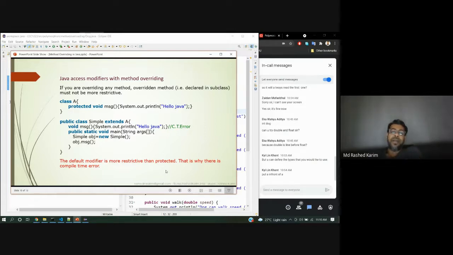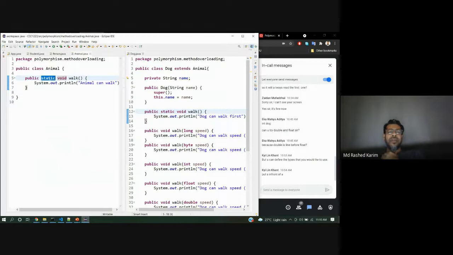That's why there is a compilation error. You have to promote it, not make it more restricted. That means you can widen access. Let me check whether it is working fine. So I want to put protected. Then work is a protected method.